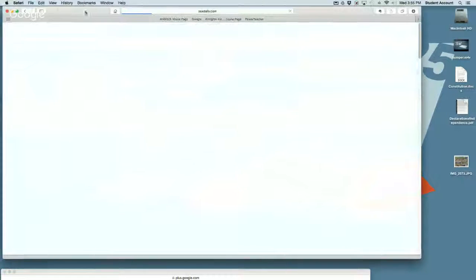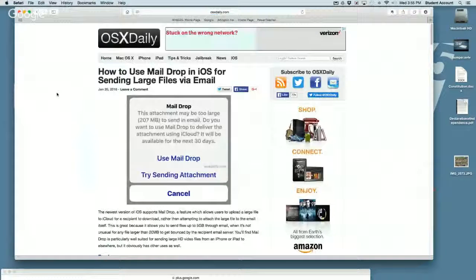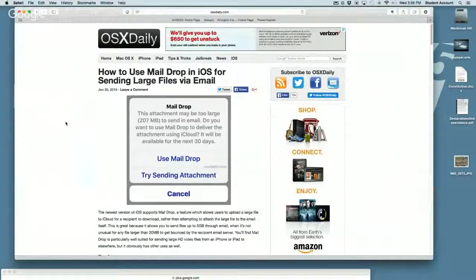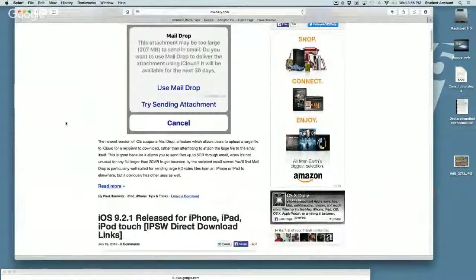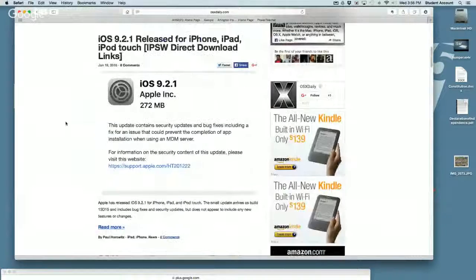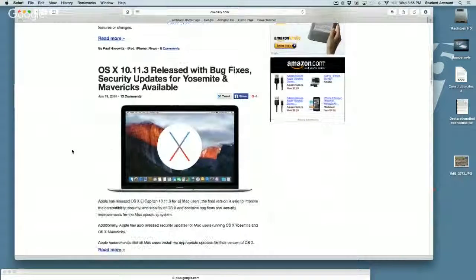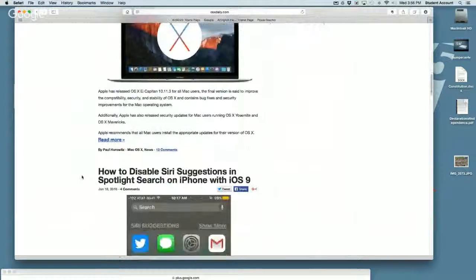So this is just a website real quick that has all of these tips and tricks, and it's not just for your computer, but if you have an iPhone or an iPad, especially in the classroom. And there are these very quick tips that they just list one after the other. They put them out every day. You could search for them. And what it does is it starts to give you some of the language and terminology and ideas of what's being released, or, for example, here, an actual suggestion on how to repair or fix a problem that you may